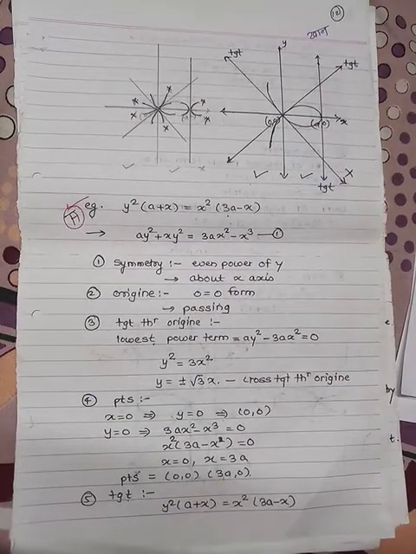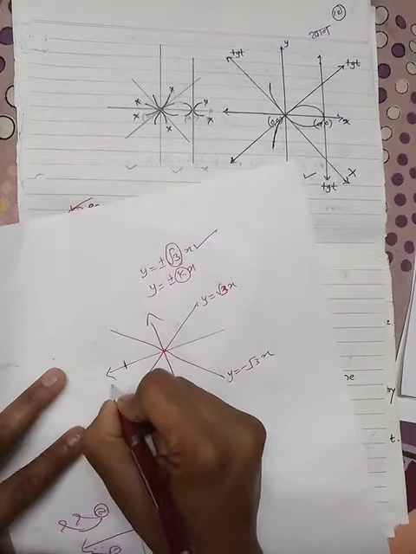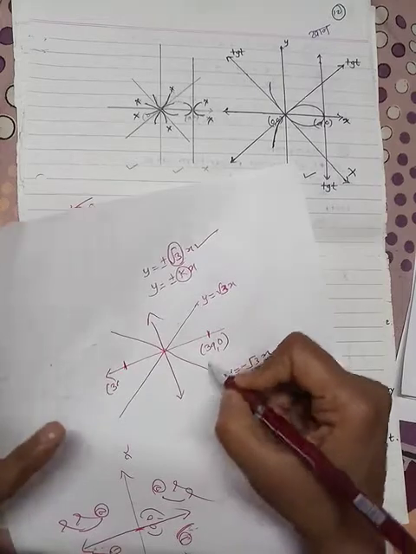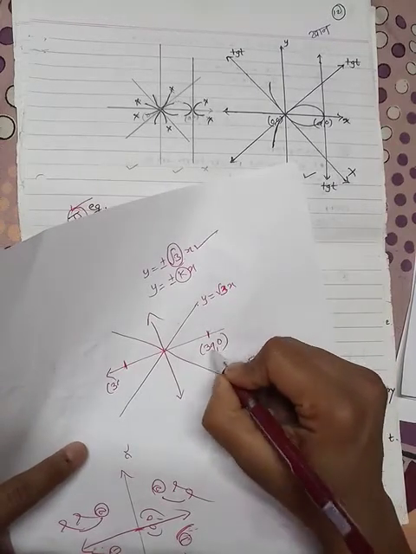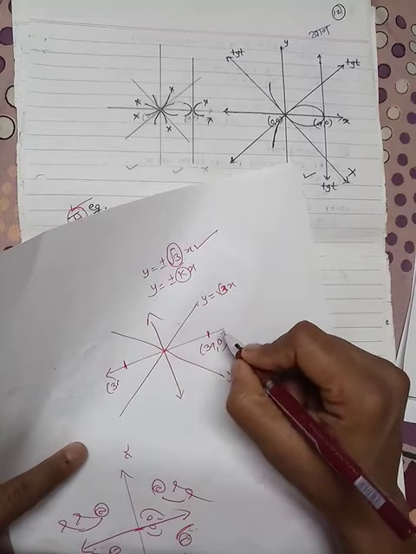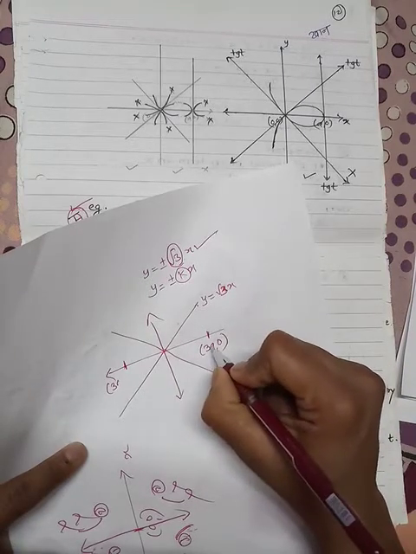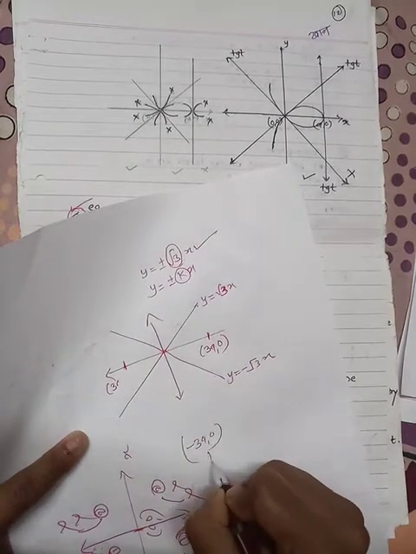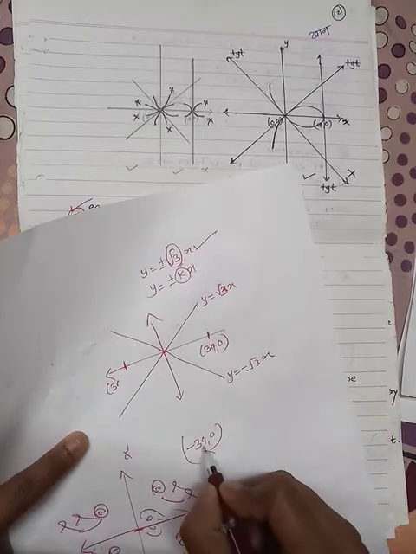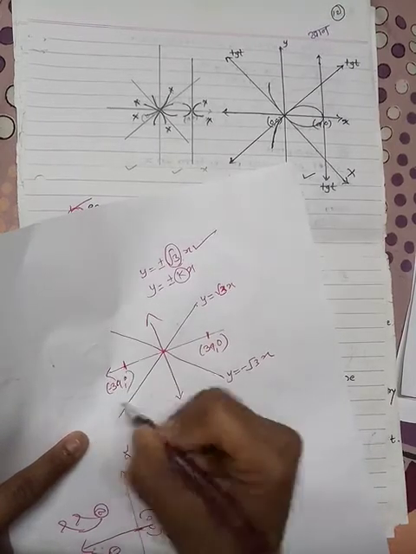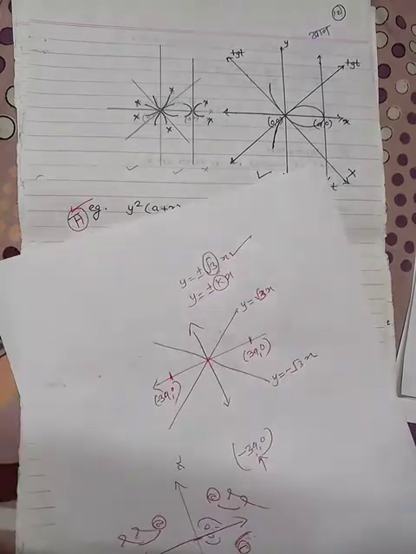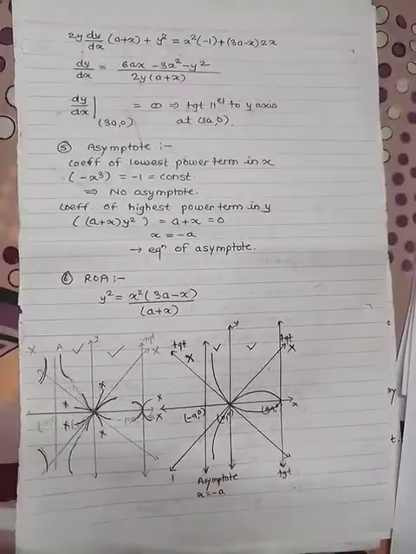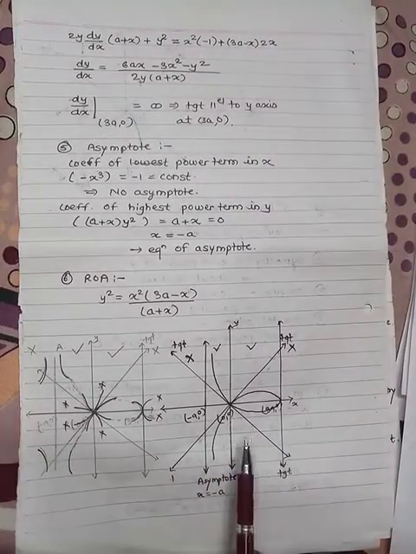Then the point is (3a, 0). You can take this point as the (3a, 0) point because the y coordinate is 0. So this point must lie on the positive x-axis, because here the 3a x value is positive. If there is a point (minus 3a, 0), on which side does this point lie? Minus 3a means negative. So this is your minus 3a point. That is the concept of plotting the point. So this is your curve.